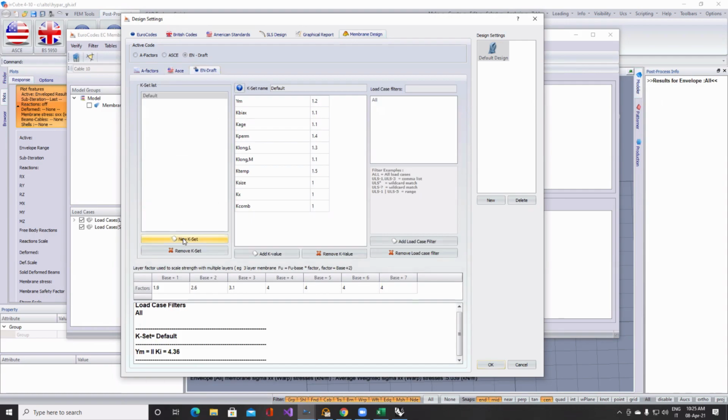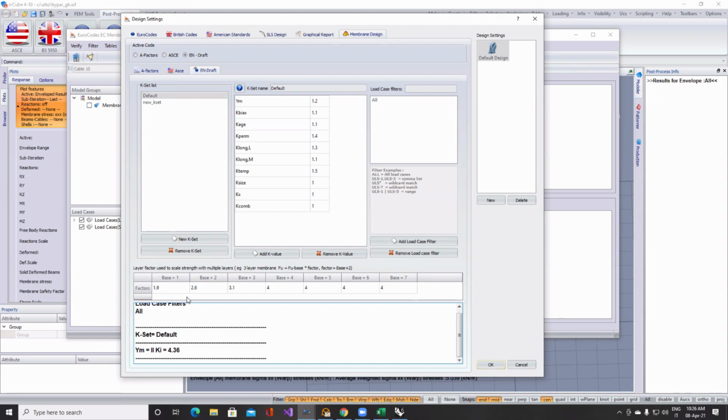How do we use it? You make a kappa set. It has a default kappa set. What is a kappa set? It's a list of numbers of these K values, and basically they define a safety factor. The safety factor here, we see a row based on the number of layers on the membrane. So for the safety factor, we can see that the final safety factor here is